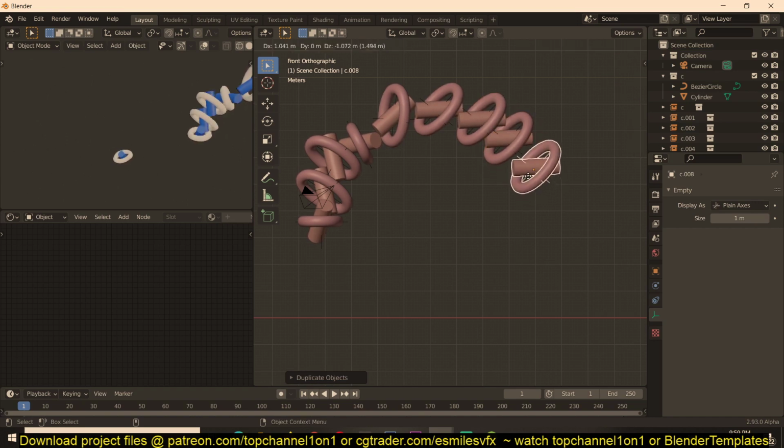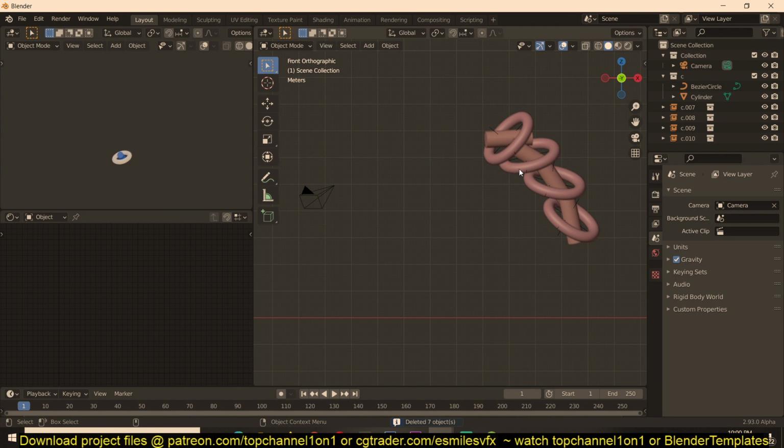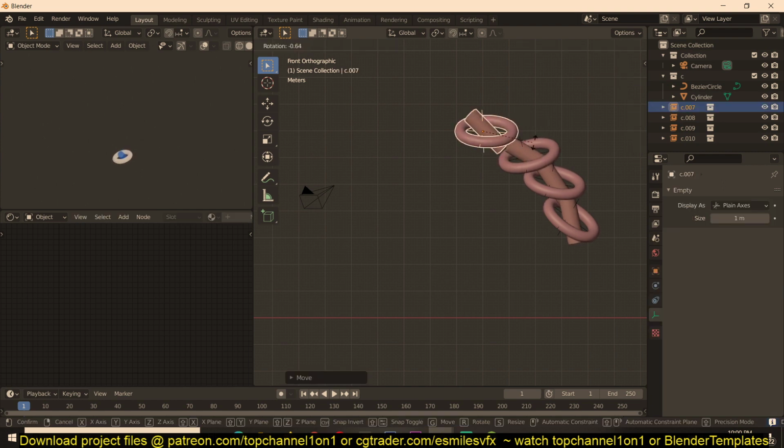I don't know what this could be, but let's assume it's something interesting. Let's actually do something interesting, because I think if we make these connect,